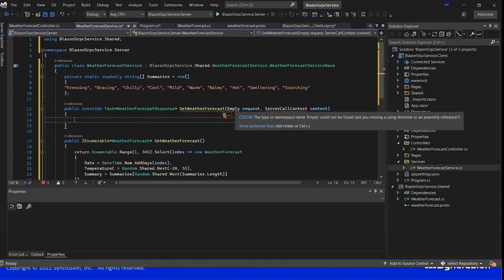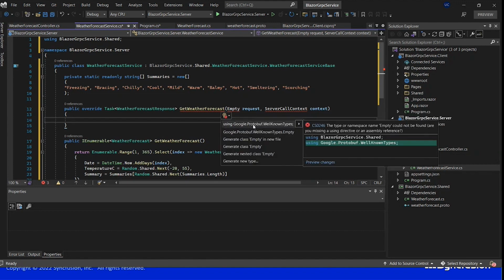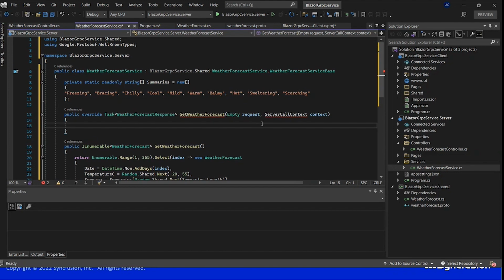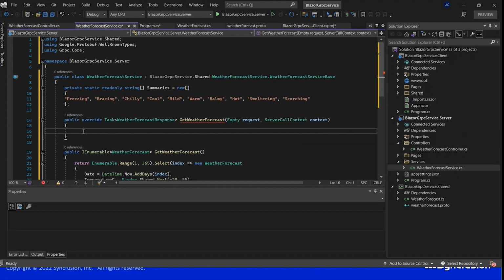So to use this particular empty type, I need to make use of this protobuf namespace, and to make use of this server call context, I need to access it from gRPC core. Okay, so now I'll write the code